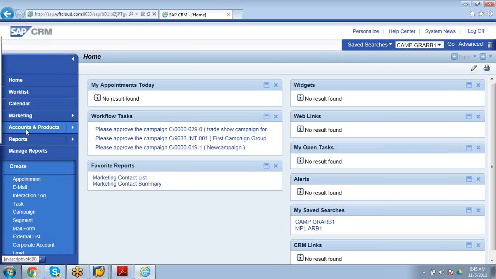Home, work list, calendar. Take all these things. I'll explain one by one. Navigation bar as a heading and take all these points. Home, work list, calendar are common to all business roles.